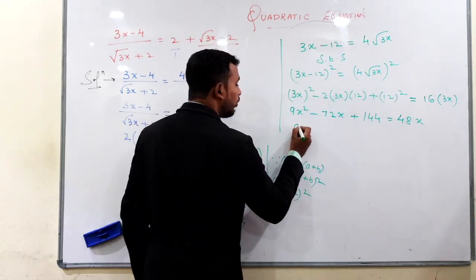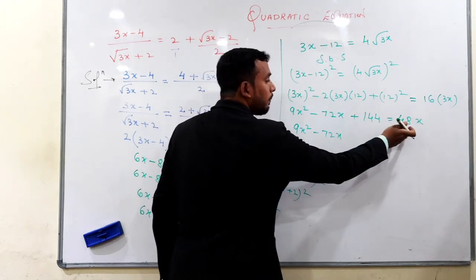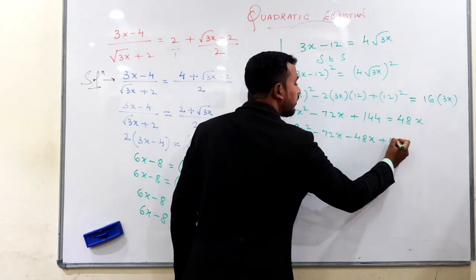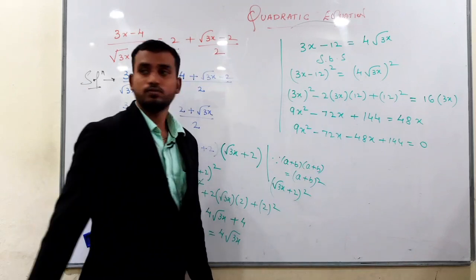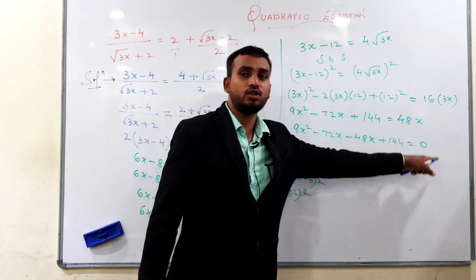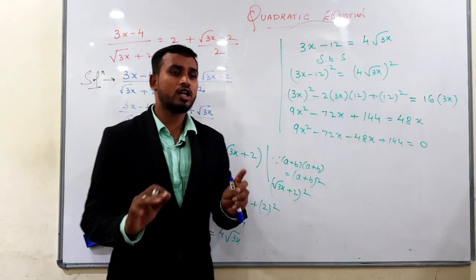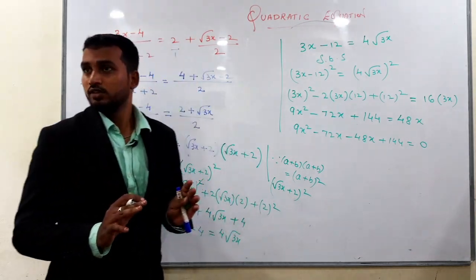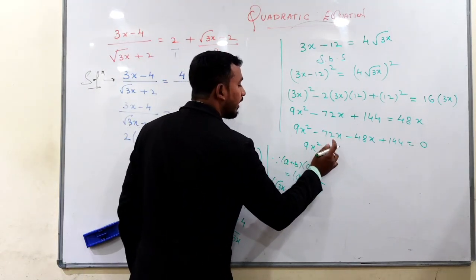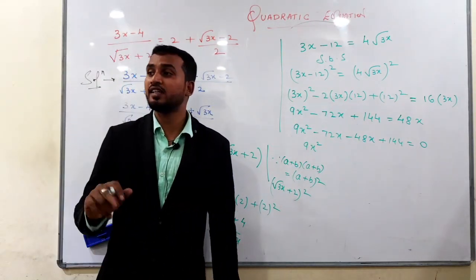So now what we can do, 9x square minus 72x, keep it as it is, plus 48x come this side, minus 48x, this plus 144 as it is, that is equals to 0. Since this plus 48 came here, nothing is there in the RHS side, so we should write 0. Understood? See, these all are nothing but your basic calculations, nothing else. Then 9x square minus 72 minus 48. Both are minus, so we should add, minus remains same.